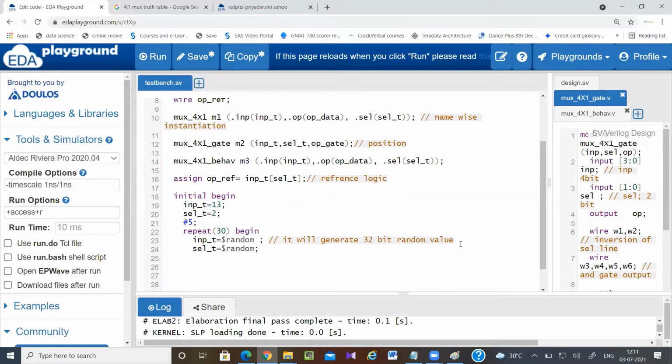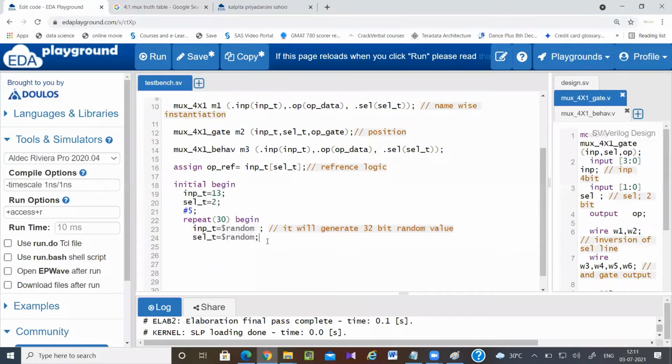This is known as a randomized test bench. This one I am writing manually, and this is random. So it is a randomized test bench. So here I can give #2 delay. Now I need to compare the output.